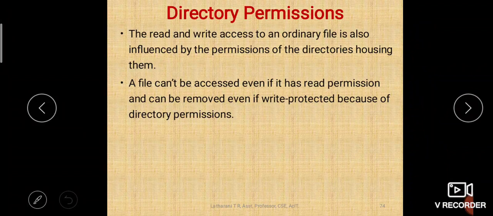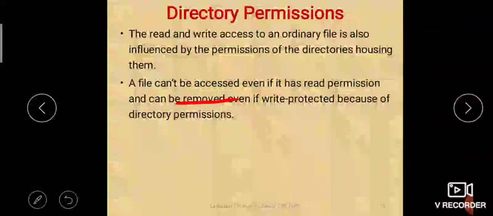A file can't be accessed even if it has read permission, and can be removed even if it is write protected. I told you that it cannot be accessed even if it has read permission, if the directory doesn't have read permission. And here it says removal. If the directory has write permission, then you can remove a file under that directory even if that file is write protected.